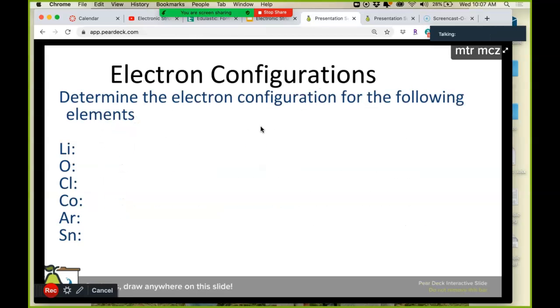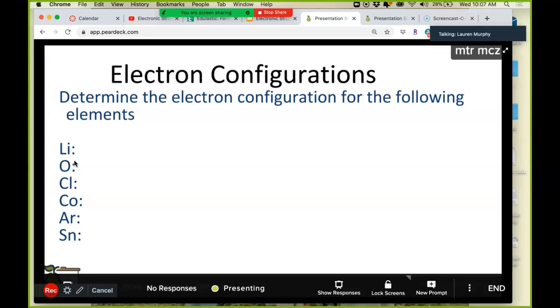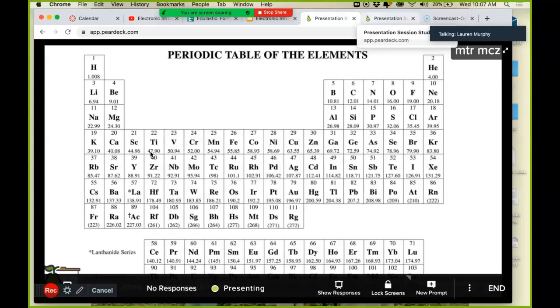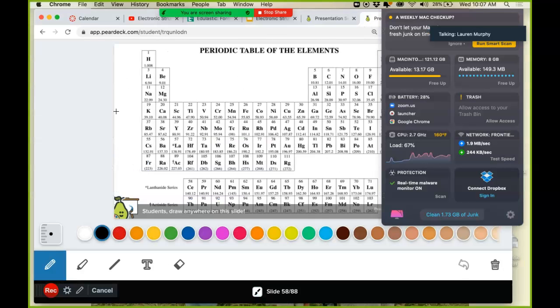So I'm going to do the first three with you. Practice, and hopefully it will help you better understand how to do electron configurations, and then you're going to try the other three. So we need a periodic table. We're going to do the electron configuration for lithium. So we're going to go find lithium on our periodic table, and it is